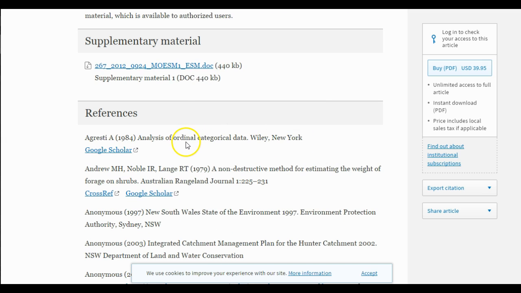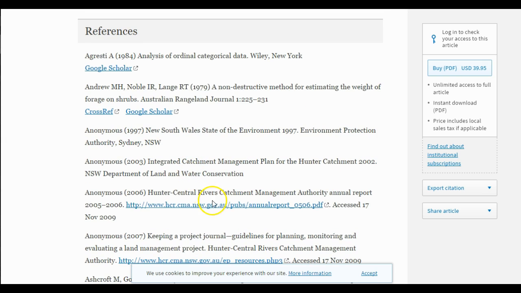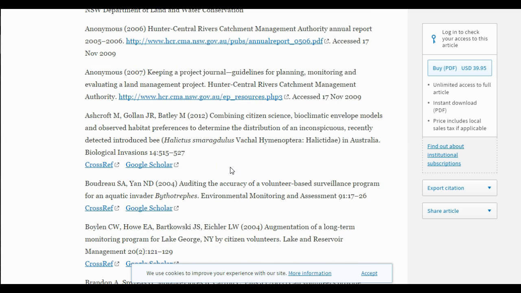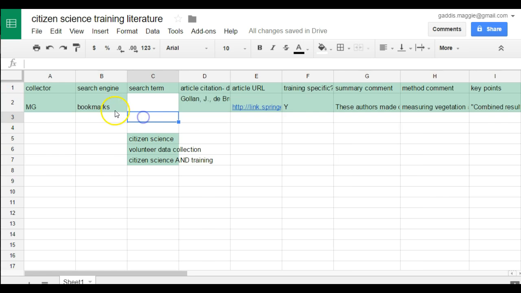Notice how the reference section of this article is hyperlinked. It's always good practice to look in the references before moving to the next paper. If any of these seem appropriate, then you can go right into the next line with that, and in the search term you could say from references in line 2, and move on with that. Okay,